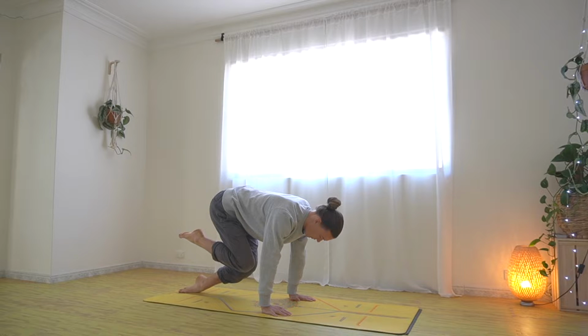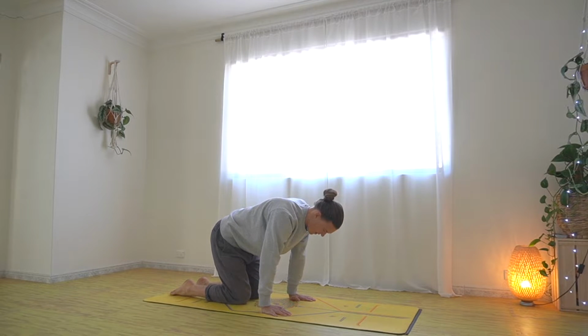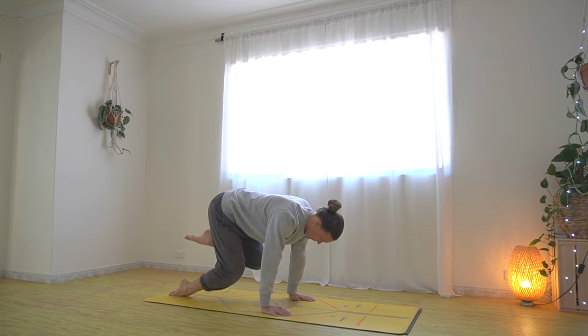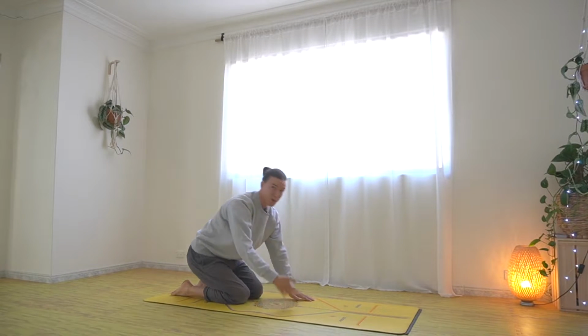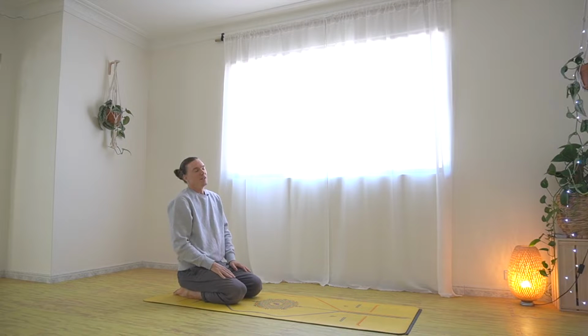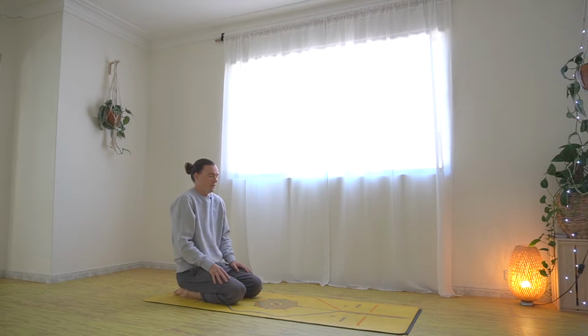Lift, both knees up, right foot up, and down. Lift, both knees up, left foot up, and down. That's also working the wrist. All right, roll the shoulders, big circles,